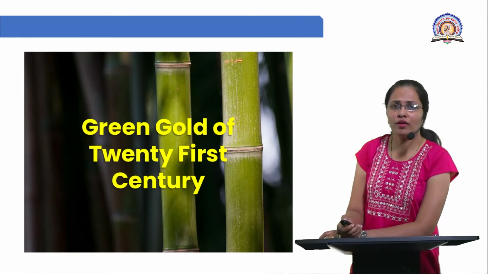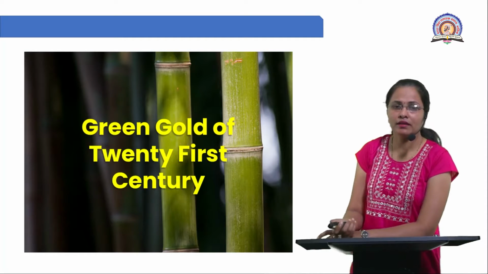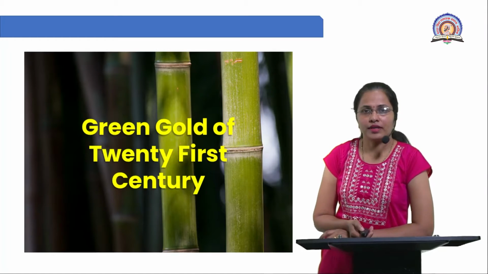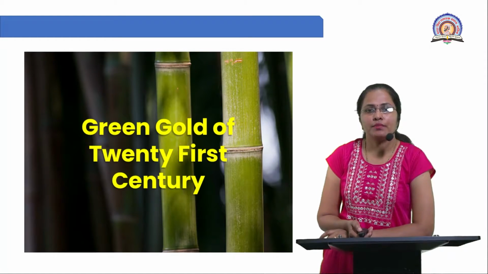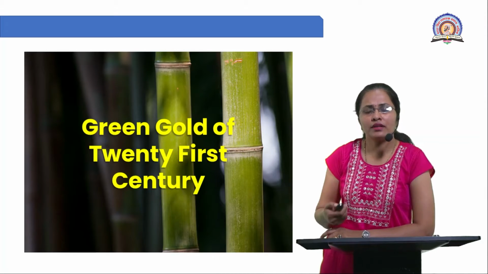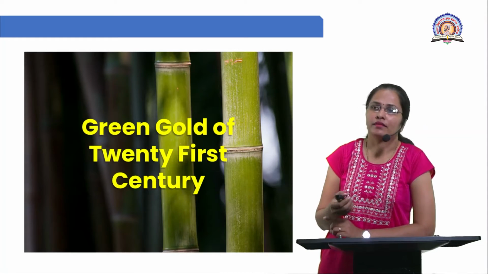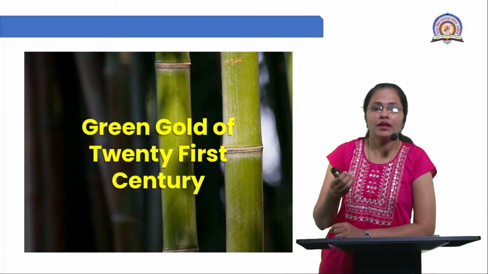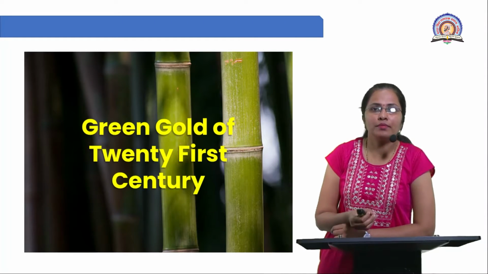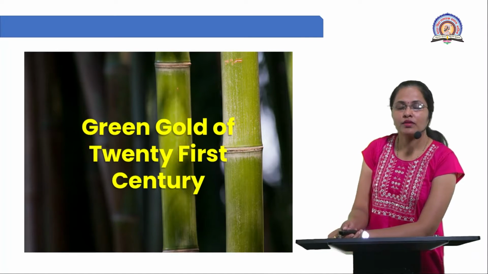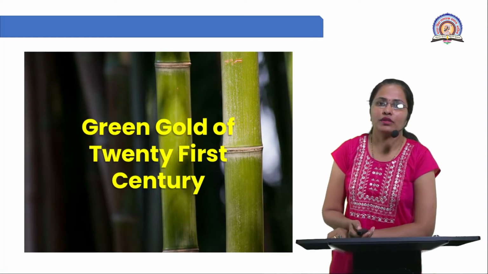As we have already discussed earlier, bamboo is referred to as green gold for the 21st century because it can be used for the production of a number of different household appliances, which can be reusable, and it can act as a renewable source of energy. Therefore, a proper method should be investigated for the cultivation